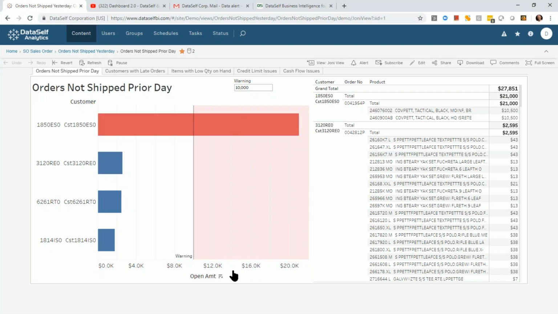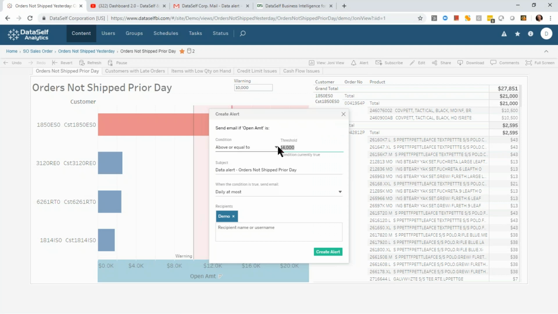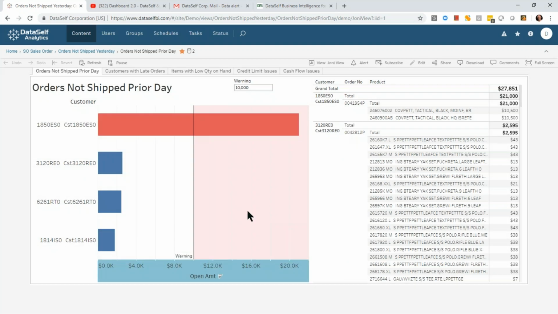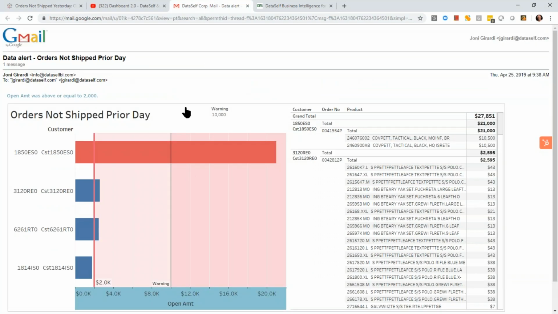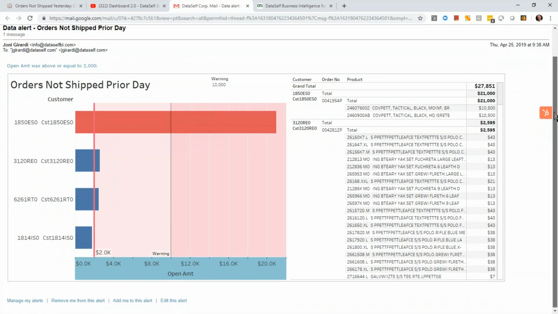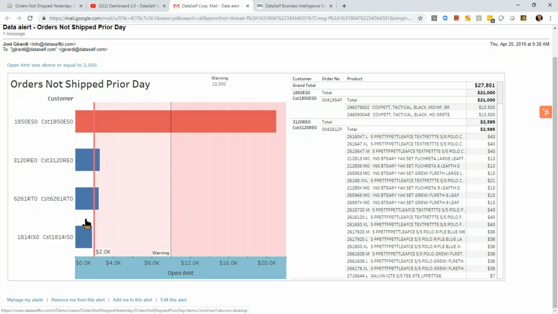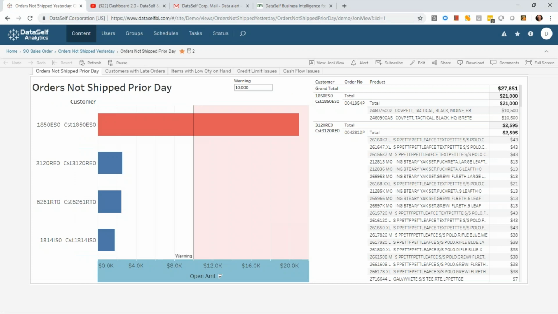Well, guess what? As a salesperson, I can come here, I click the axis, I click an alert, and I say when the total is above $2,000, right here, send me an alert. Otherwise, don't email me. Don't get my inbox flooded with these KPIs. Only send me when I care. So when you create this alert, guess what? Next day that this condition is met, the salesperson will receive an alert like this. It is an email that has exactly the perspective that the person selected. And from here, they can click. This will take them right back to the dashboard again. They can do more analysis.